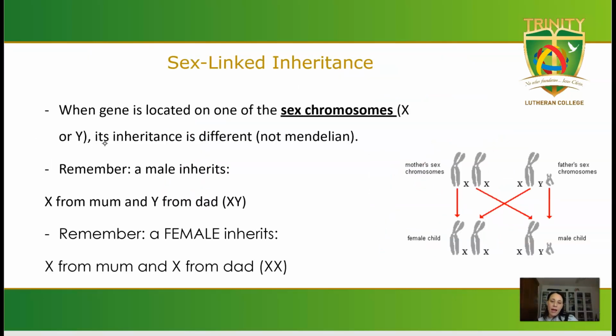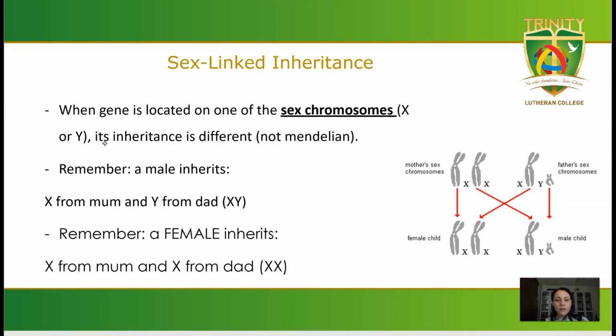Okay, the last thing we're going to go through today is a different form of inheritance again. And this time, it's not following Mendel's rules because the gene we're talking about is located on the sex chromosome, either the X or the Y chromosome. That means it's not going to be a Mendelian style of inheritance where one is dominant and one is recessive all the time. It probably is going to have that, but it's going to be inherited in a really strange way